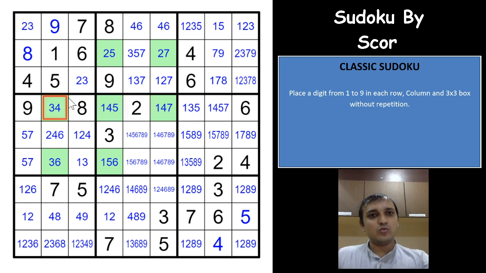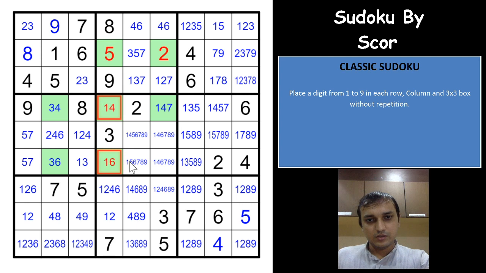And let us see now what happens if you don't have a 7 in one of these 2 cells. I'll just show you, and it is really easy to locate such a logic here. So what happens if you don't have a 7 in one of these 2 cells? You'll have a 2 here, you'll have a 5 here. That will eliminate 5 from these 2 cells. 7 is not there in this cell. If we eliminate 7 from this cell, what happens here we are seeing? So we'll eliminate 7 from this cell as well.